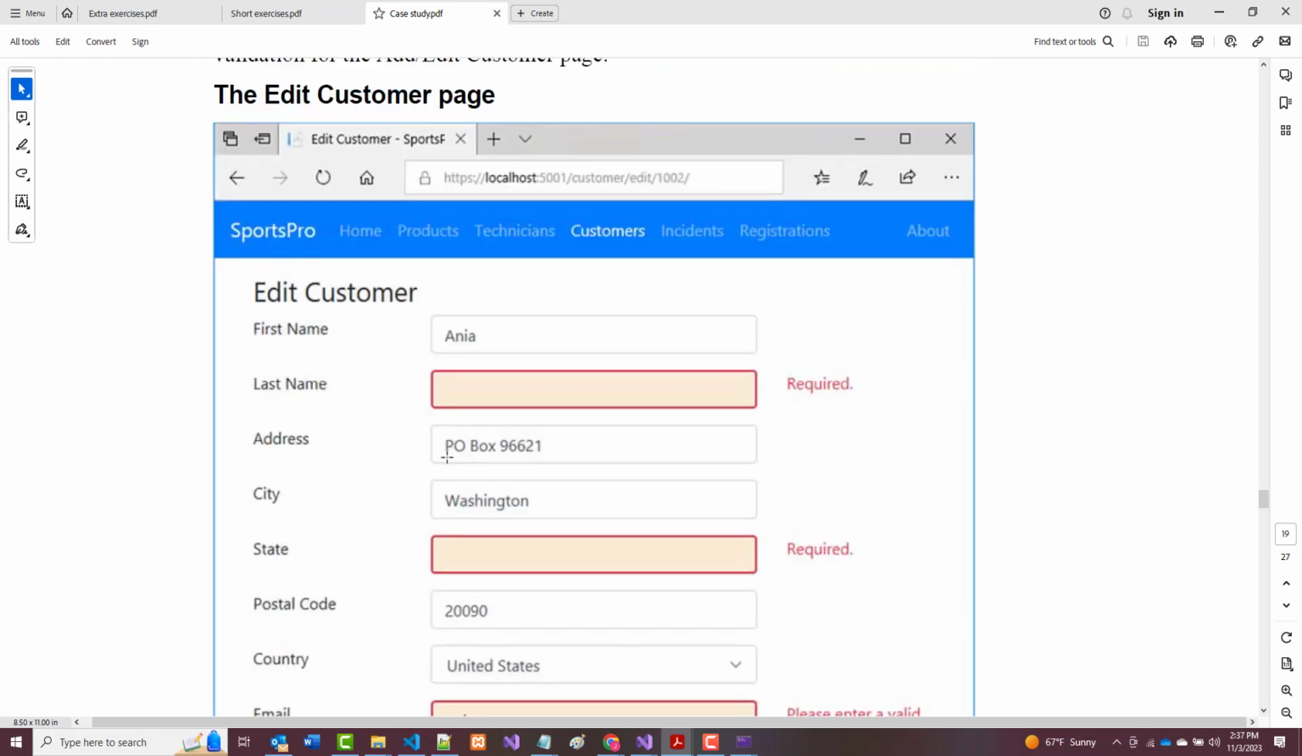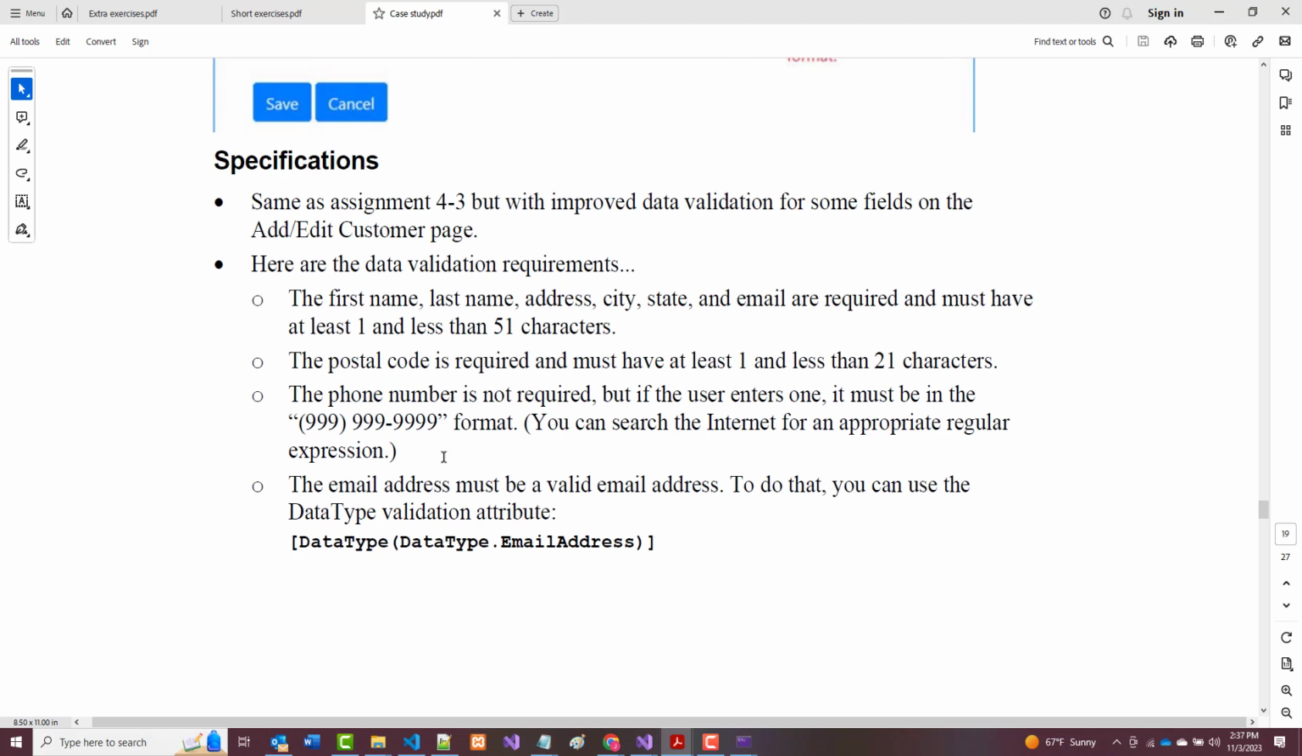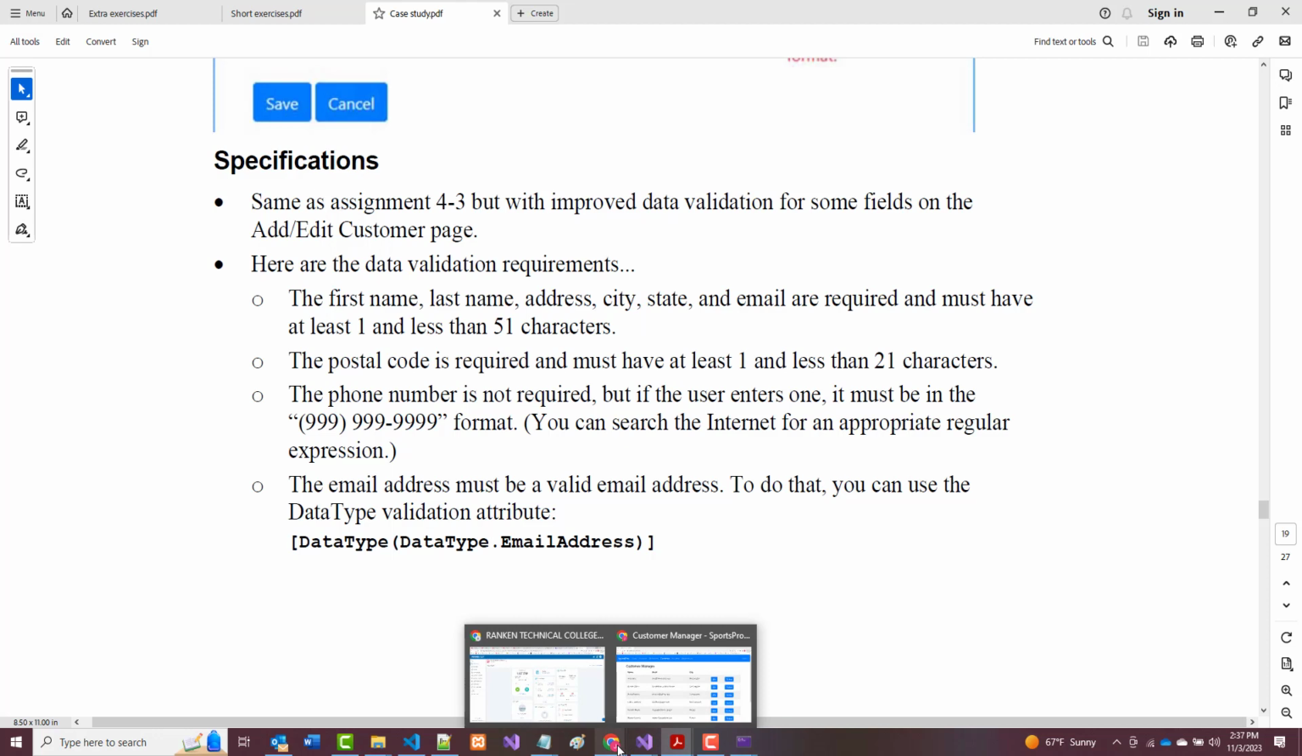So when we look in here, this is our edit page. And as it says, it's like we did in 4.3, but with improved validation. So virtually everything that's in here is required and must have between 1 and 51 characters, less than 51. So if we go back in, just so you see this,